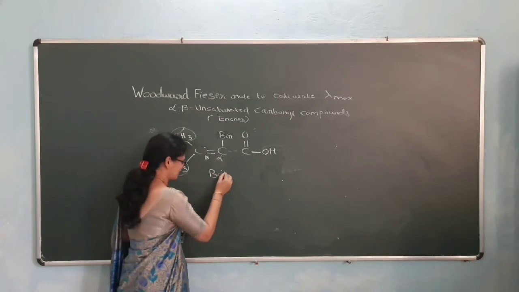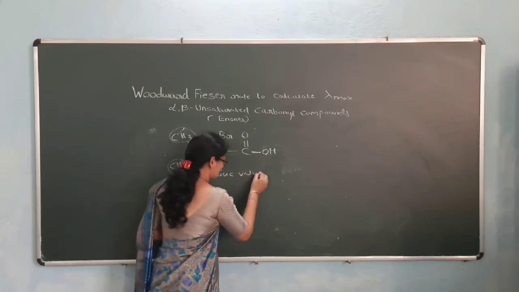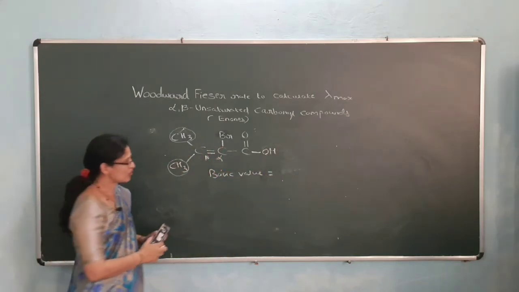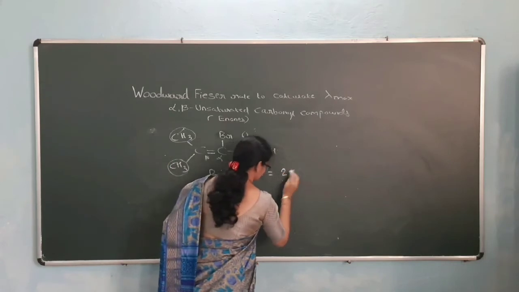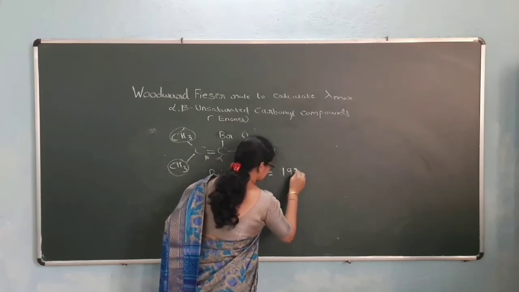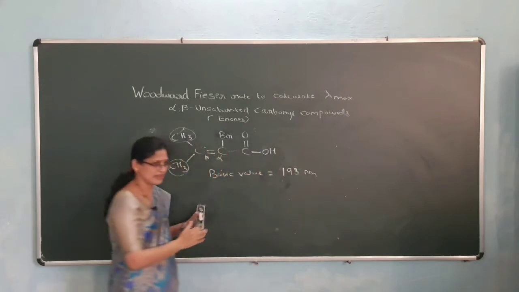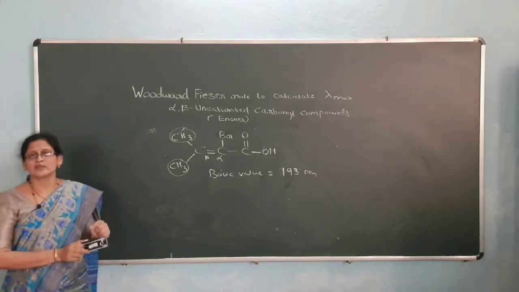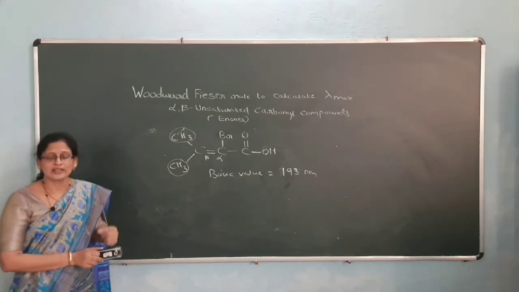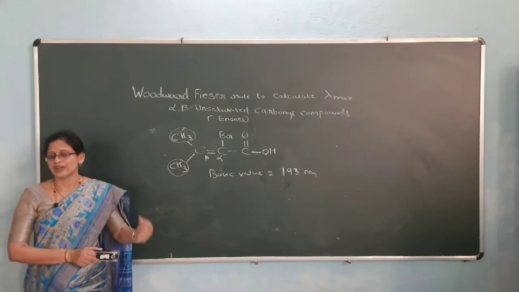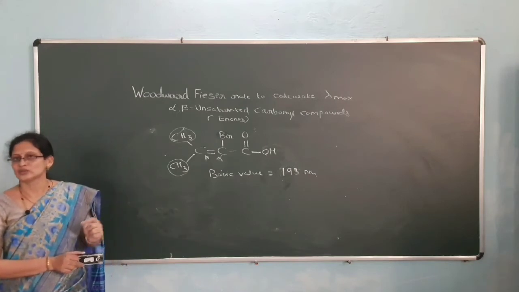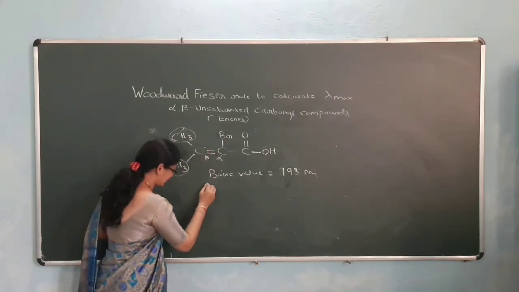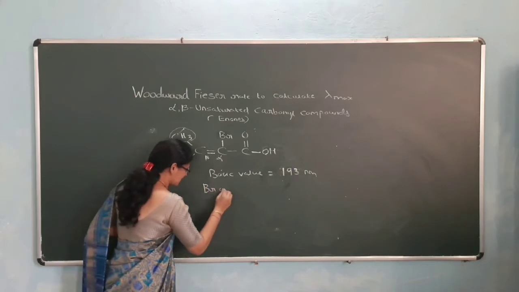Okay, now first what is the basic value here? The basic value for the carboxylic acid is 193. So just make the correction. For the alpha beta unsaturated carboxylic acid, the basic value is 193. So I said earlier, in some books they have taken 195. If you take 195, you can calculate, there is no problem. Okay, then go for the substituent. So we have at alpha position, the bromine.